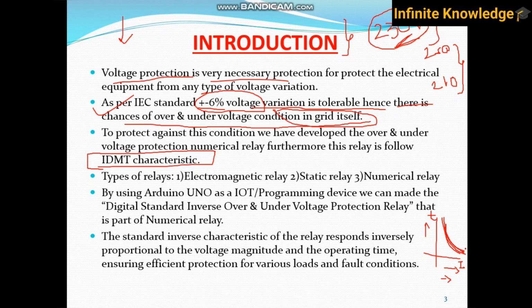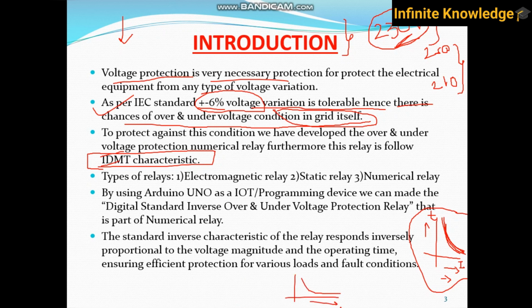So we are getting exponential characteristics. So inverse, that's why we have considered the inverse characteristic. I have tried to develop a similar characteristic here also, because there is no IEC standard for the IDMT characteristics specifically for voltage protection. The IEC standard is only specified for current protection, but I have developed similar logic, similar inverse characteristics for voltage